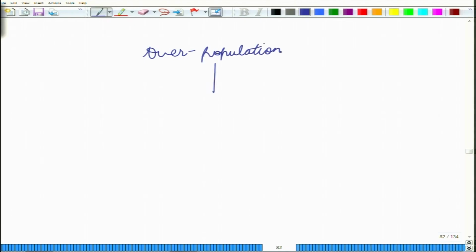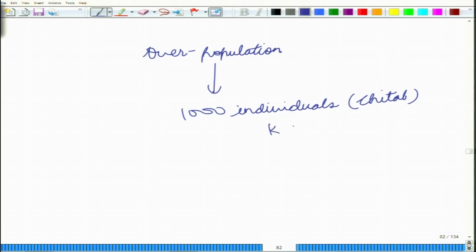suppose you have 1000 individuals of any particular species. Let us say that we are considering a cheetal population. Now, you have 1000 individuals, but the carrying capacity is say 700 individuals. So, in this case 300 individuals will die off. Why would they die off? Because you have a limited amount of resources, more individuals, everybody is fighting, and so in that case there